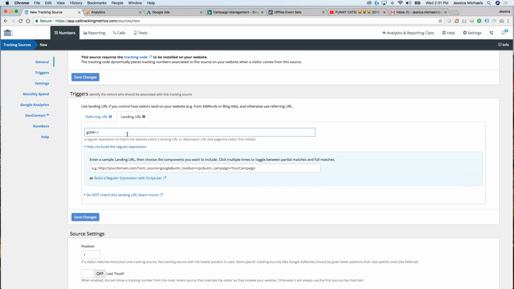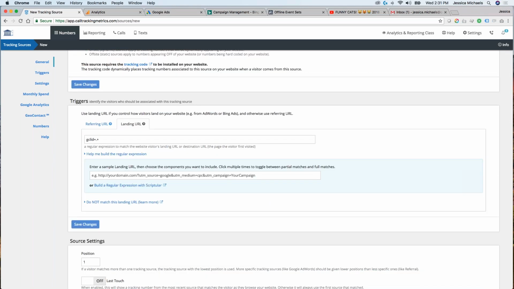And in the case of AdWords, we're looking for the GCLID. Now that is Google's paid click identifier. So anytime that there's a click to your ads, Google's going to automatically add this into the destination URL. And the .+ really just says that any string of characters can go after that. So that's how we know to swap for your Google Ads.